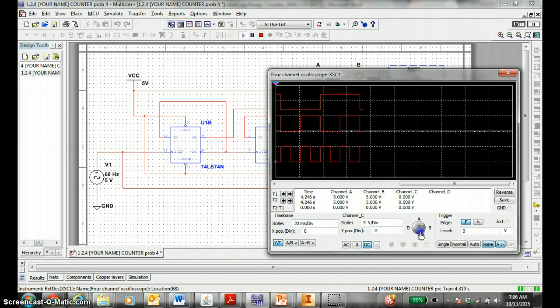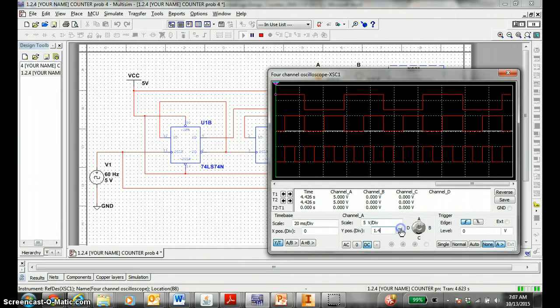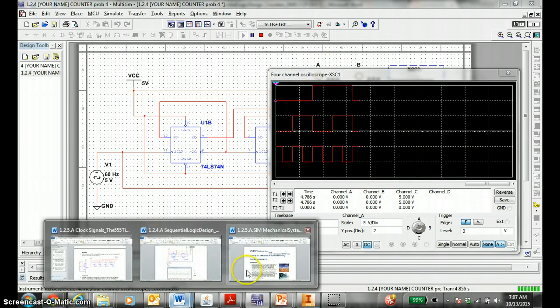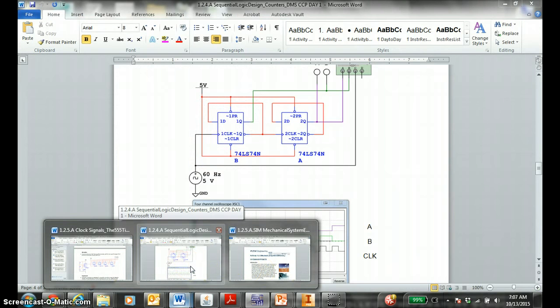And then the C channel, which I think is your clock signal, 5 volts per division. Let's lower it 2 volts. So you lower it like that. See how it goes up and down. Go back to the A channel. Can raise it up too. So then on your activity, hopefully you have the notes